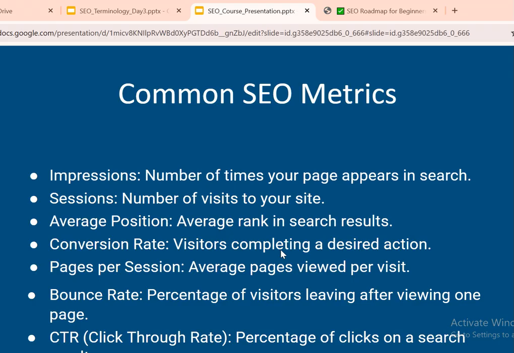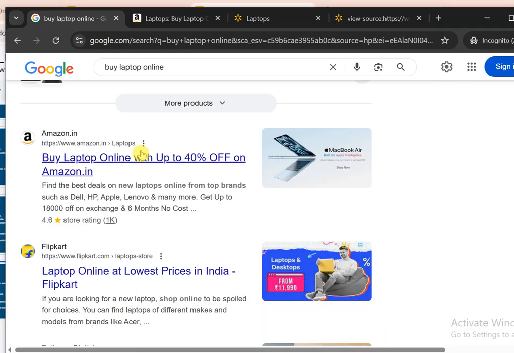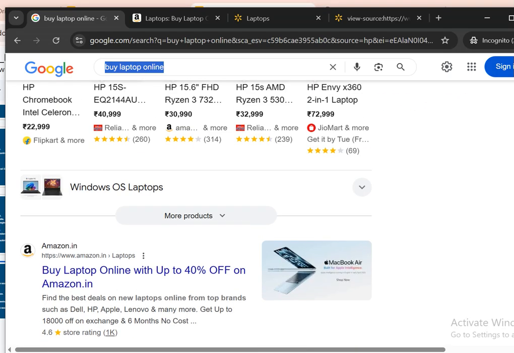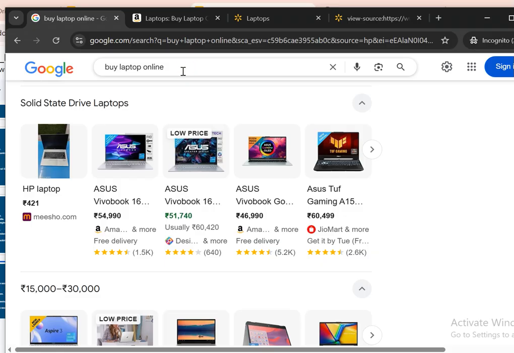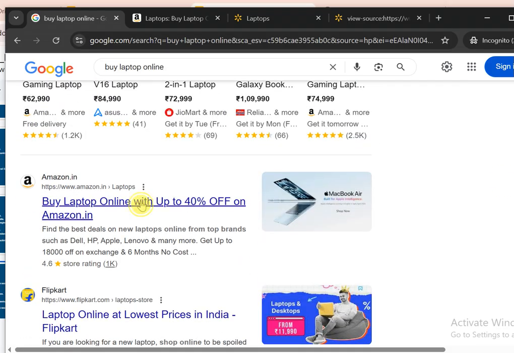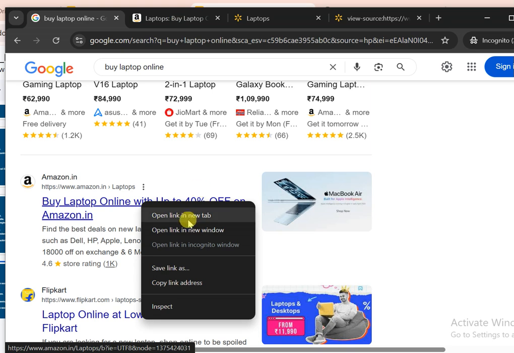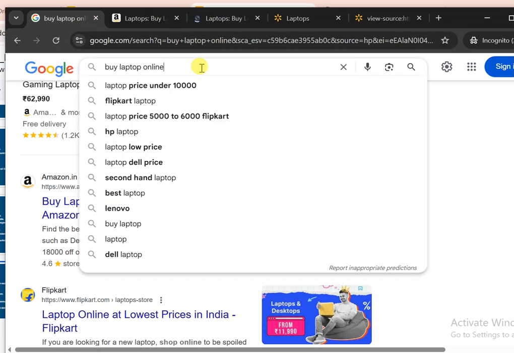When it comes to this example, buy laptop online, Amazon is ranking on first position. Let's say 100 people searched buy laptop online in Google. So Amazon got 100 impressions, and out of 100, one person clicked on the Amazon website. So they got one click and 100 impressions.